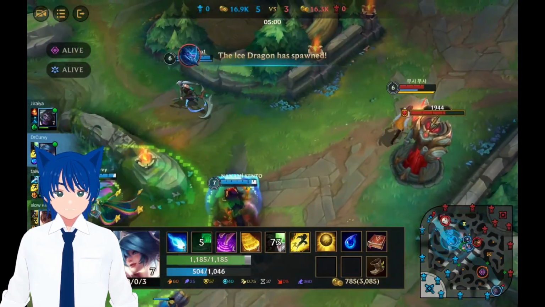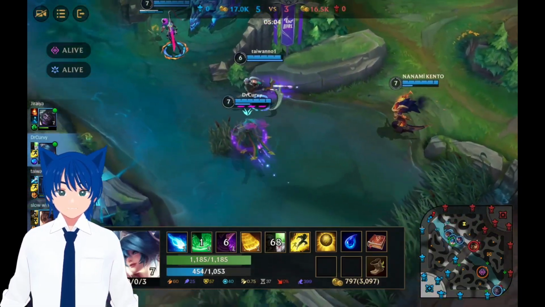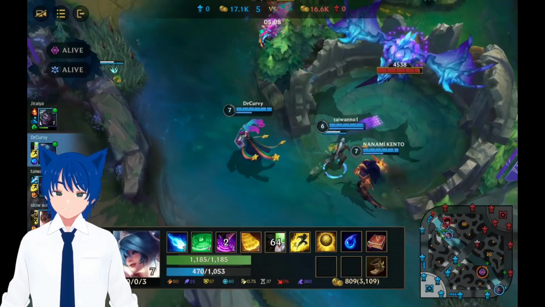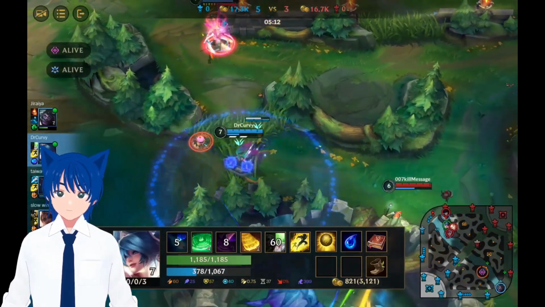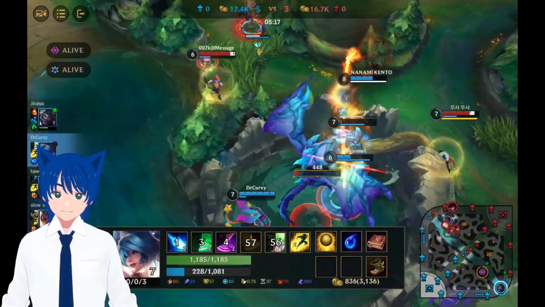And then for your last item, you can go another support item or just pure AP. My suggestion is like Cosmic Drive. Cosmic Drive gives you 75 AP and 30% ability haste. That's a lot, guys. By the time you do your math, when I saw